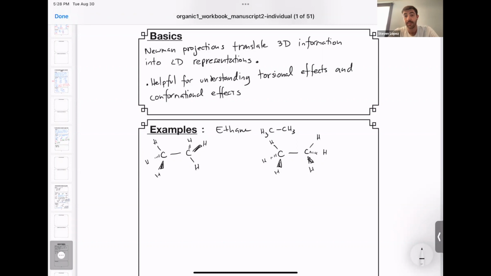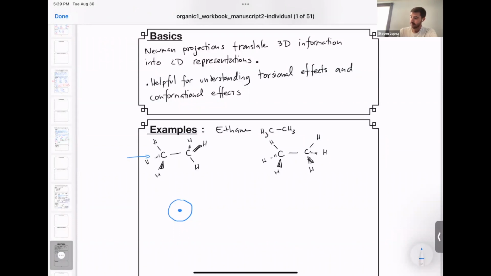So sometimes it's necessary to translate this 3D information into 2D information. The Newman projection works by looking down one bond and shows the relative orientation of all dependent atoms and groups. First thing you need to do is to draw a circle. In the middle of that circle, we'll put a dot, okay? And that dot is meant to represent the eclipsing of those two carbons. So we're looking at it from the side, but if we turned it this way, you would see that there'd be an eclipsing of my two hands. Those are the two carbons.